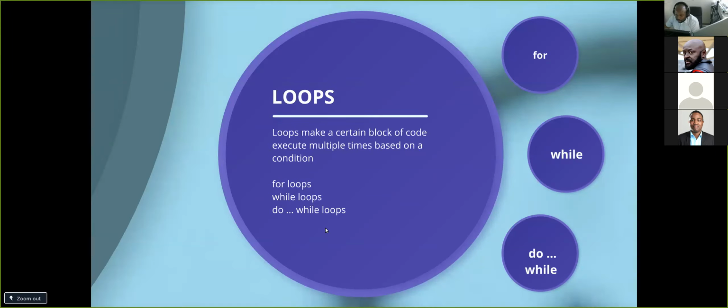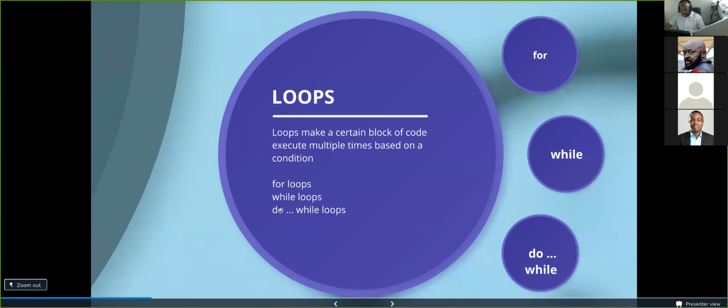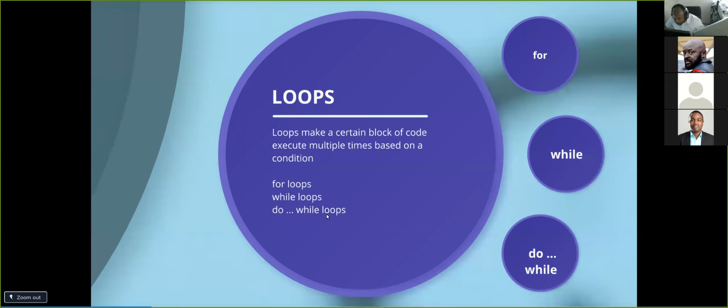So there are three different ways of defining loops, like three basic ways. Let me say basic because these are not the only ways, but there are three basic ways of defining loops. They all do very similar things with a slight difference on the do while loop, and we'll look at that. But they all, you define how many times and you define what you should do, and the program will run that. So let's look at the for loop,